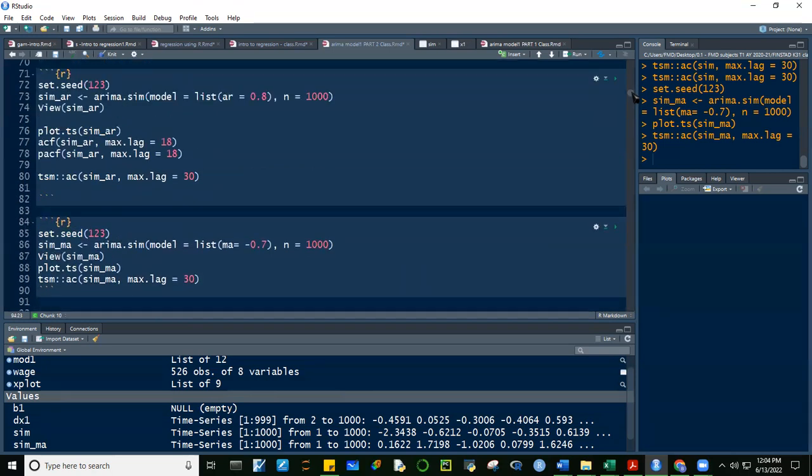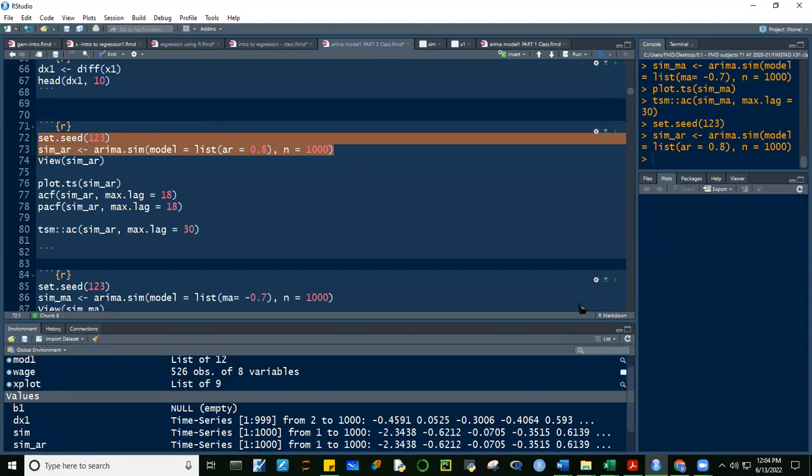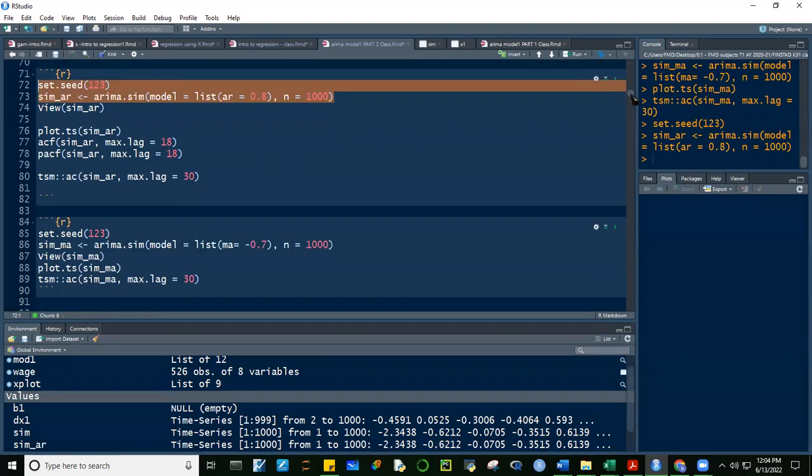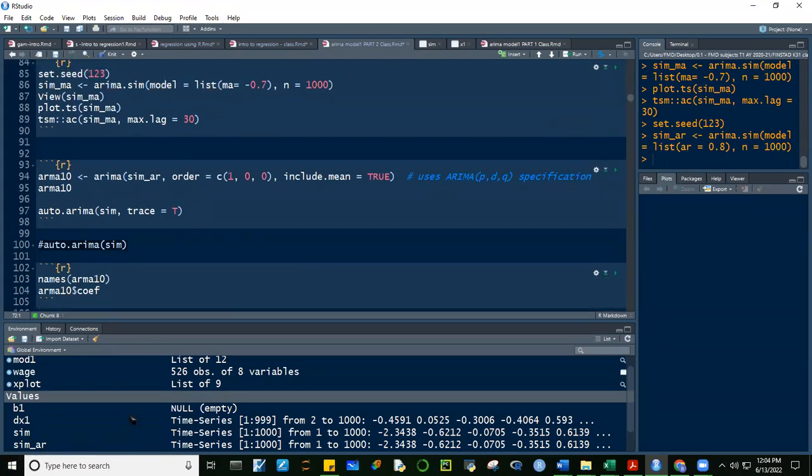Okay, sorry about this, guys. If you're following along, if you're changing the nomenclature, yun. So may simulation AR na. Okay, yun yung gagamitan ko dito.